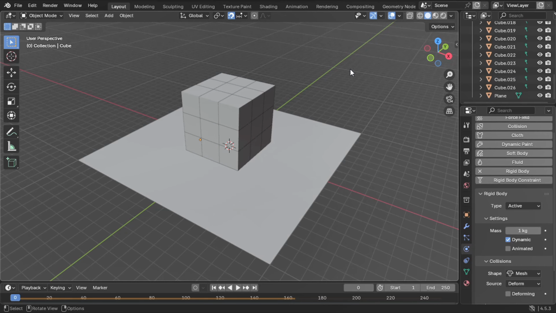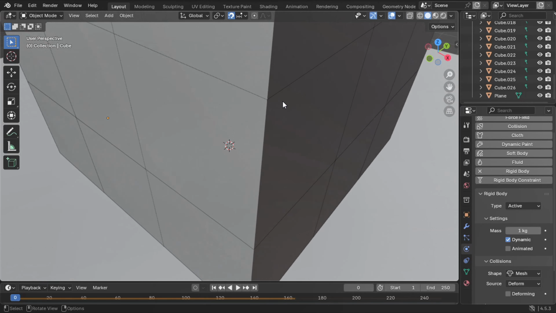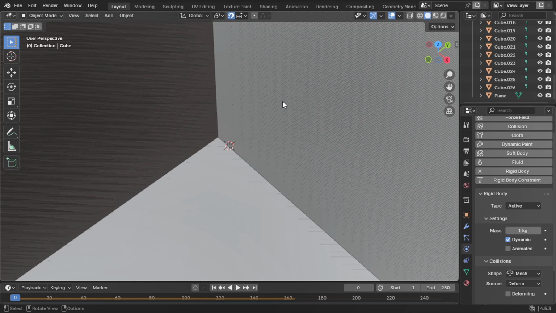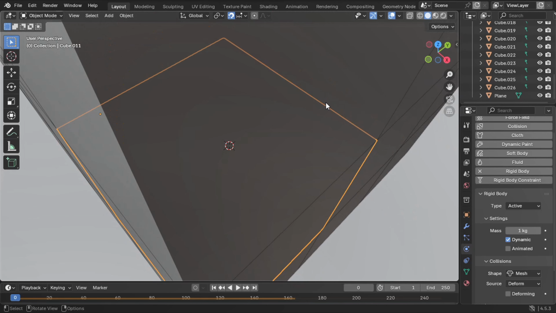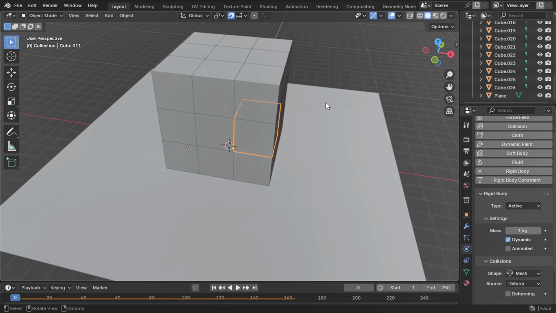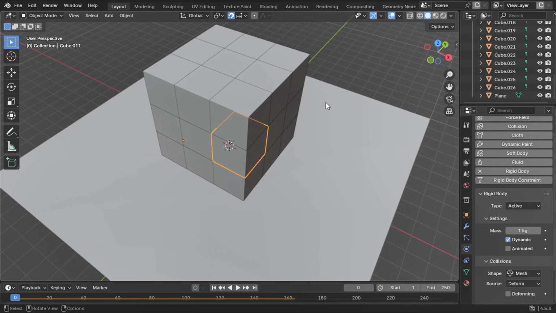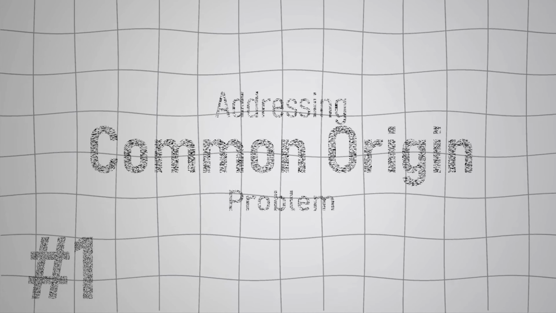The second reason is very common, which is overlapping faces. If you look closely, you will see that all of them have overlapping faces, due to which the physics engine gets confused. In Blender, you cannot have any overlapping faces. And if you do have them, the engine tries to fix that as soon as possible, due to which the objects go away from each other, making everything explode. And the third reason is the collision shape. We are going to discuss this afterward.